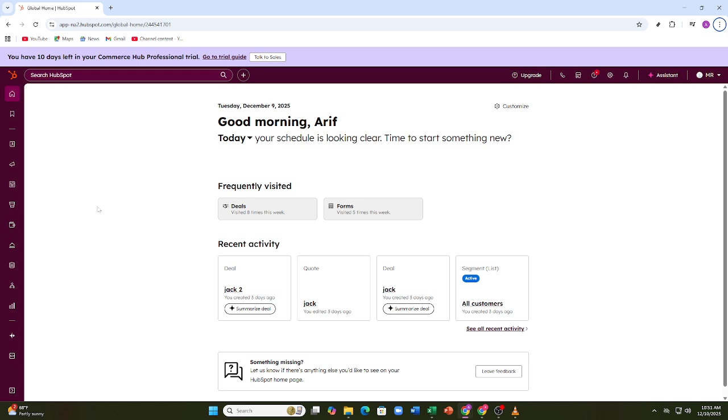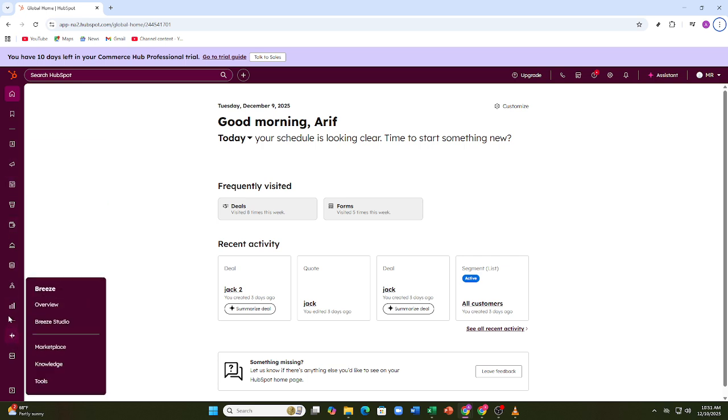Hey everyone! In this guide, I'm going to show you how to find and enable two-factor authentication settings in HubSpot using the full 2026 setup. So, first, open your browser, go to hubspot.com, click Login, and sign into your account. Once your main dashboard loads, we're ready to locate the security settings and protect your account with an extra layer